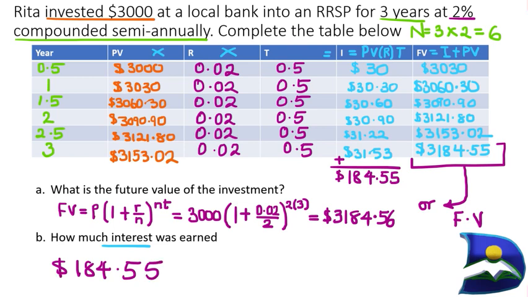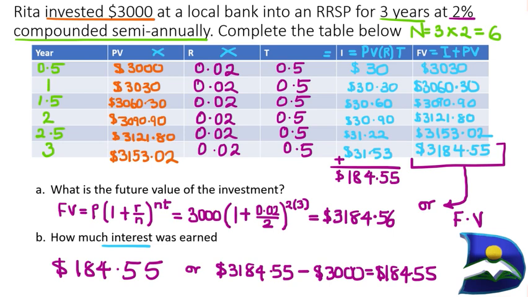Or you subtract your present value that you started, or your investment you started with, which is 3,000, from the future value after 3 years, which is 3,184.55. Therefore, this will give you the same number, which is that particular value, $184.55. So that is about it for this particular video, and this actually involves you being able to know the